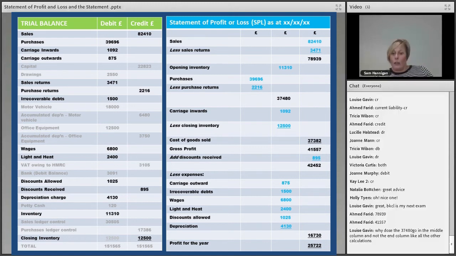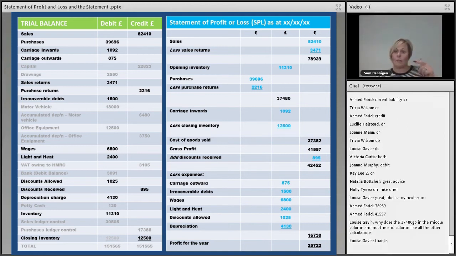Okay, so which figure? Okay, because what we've done with the 37480, Louise, is we've done a calculation because your purchases minus your purchase returns is a subtotal. So we're basically totaling them together, and it's the total that goes into the middle column. Okay, so it just shows that we've made an adjustment. Now, like I said earlier, yeah,